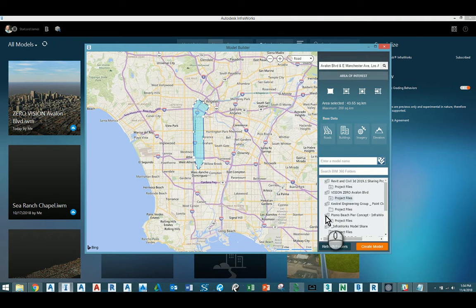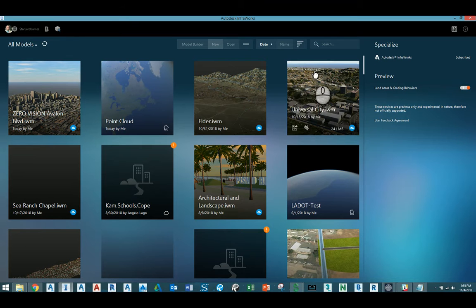One little thing they did make for people who are actually with BIM 360 now, the online version, they are requiring us to save our models in the cloud to BIM 360. If you do not have a BIM 360 license, I believe you can save it locally only. But if you do have a BIM 360 title to your account, you're going to have to put in whatever this project is going to be, and then basically hit create model. I'm not going to hit this one because I already have it, so I'm just going to close out of this, and within probably about 10 minutes or so you're going to get an email